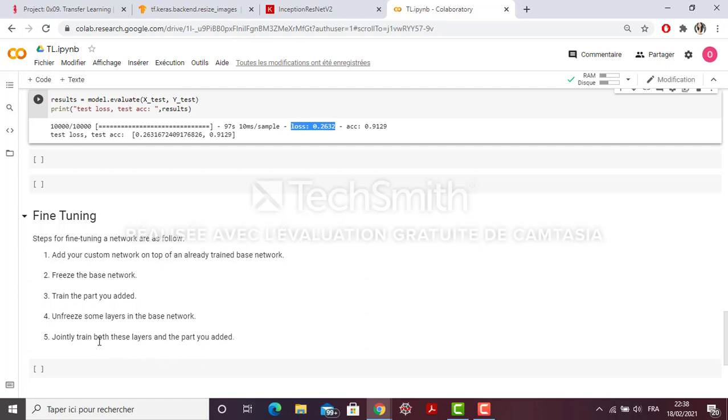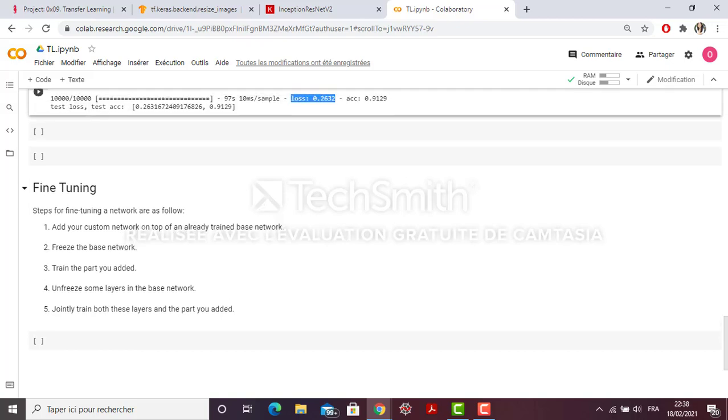Some of you did the fourth and fifth steps without doing the others, without training only the last part first and then unfreezing and training both the added model and the unfrozen layers.